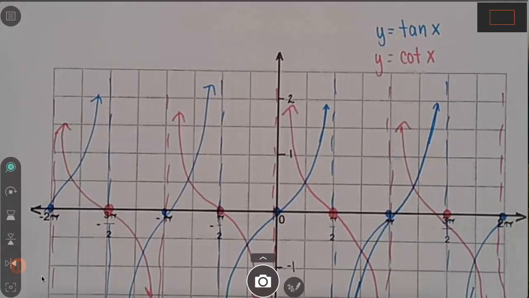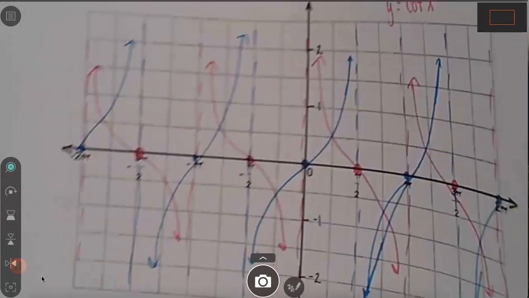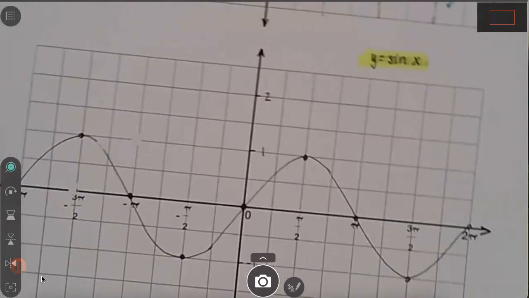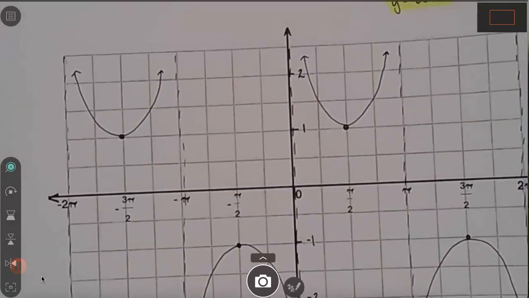Once again, on the actual test, you guys are welcome to graph both of them on the same coordinate plane, or if you prefer, you can graph them separately. So here would be sine, cosine, tangent, cosecant, secant,